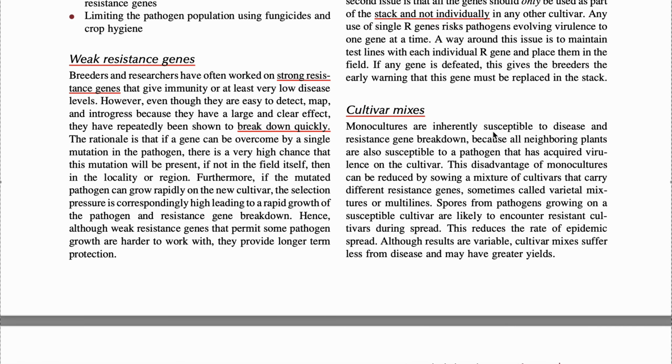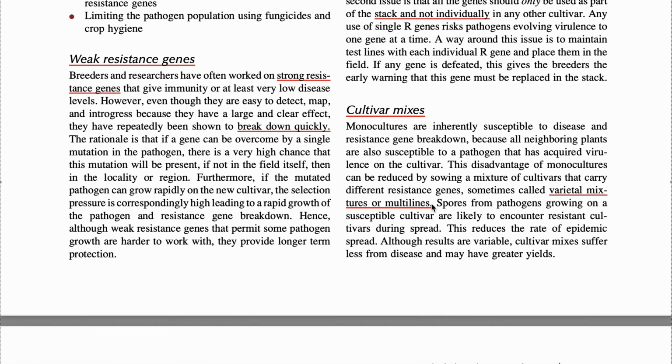Monocultures are inherently susceptible to disease and resistant gene breakdown because all neighboring plants are also susceptible to a pathogen that has acquired virulence on the cultivar. These disadvantages of monoculture can be reduced by sowing a mixture of cultivars that carry different resistance genes, sometimes called varietal mixtures or multilines. So now you know what varietal mixtures or multilines are, which means